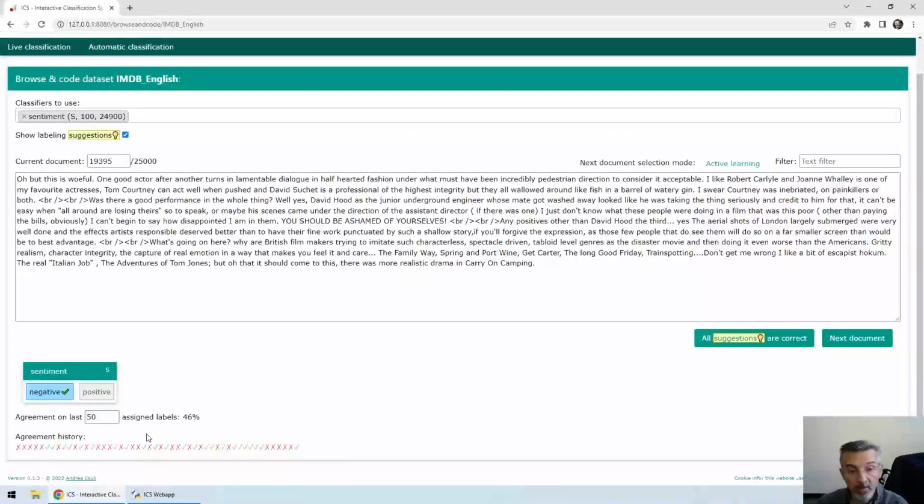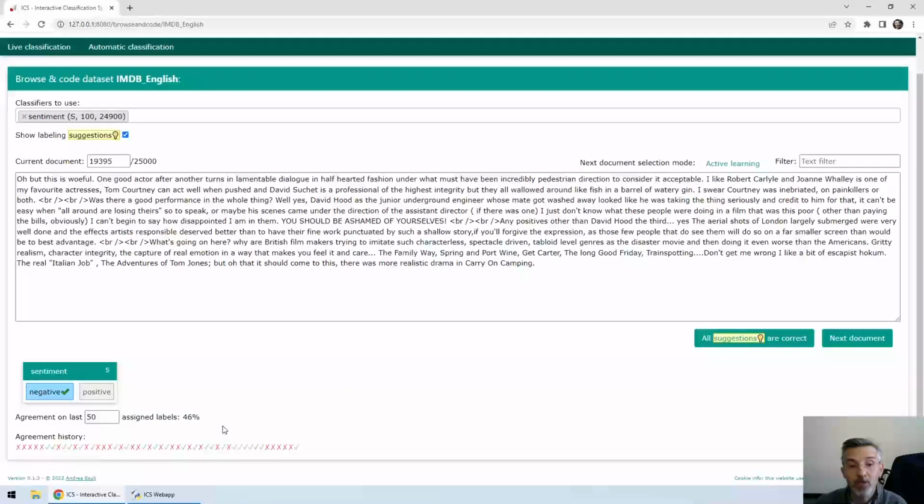The percentage of agreement is 46%, which is quite low. But we have to take into account that I was using an active learning policy, so I was not randomly sampling across the dataset. The algorithm was searching for hard to classify documents, so the accuracy is lower than the expected value on the whole